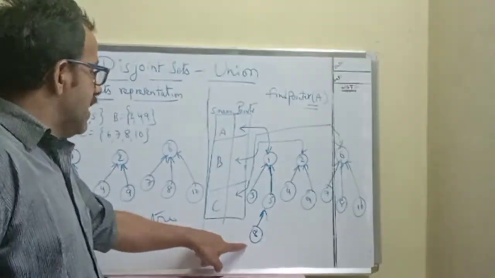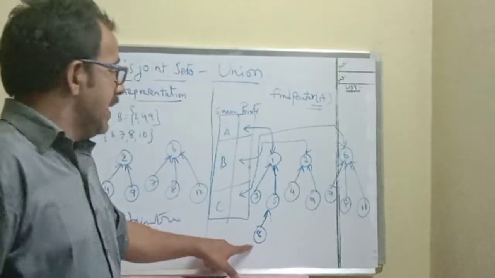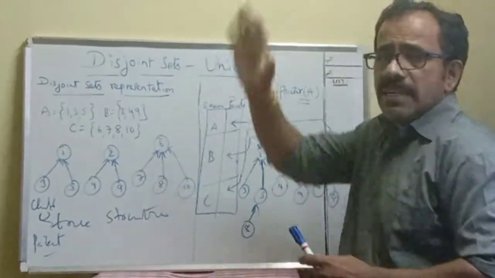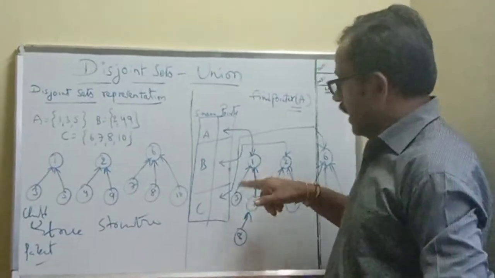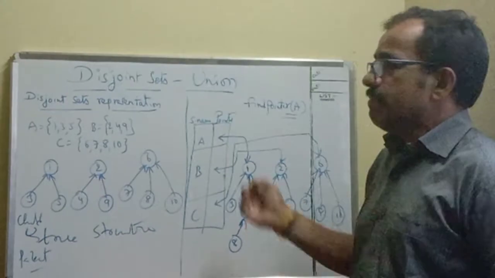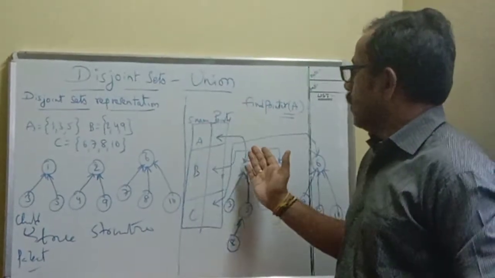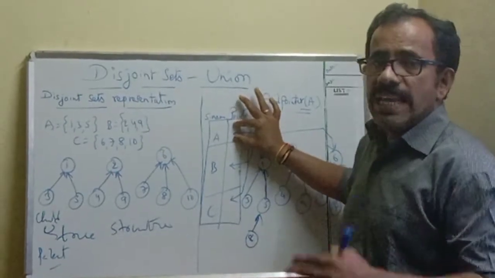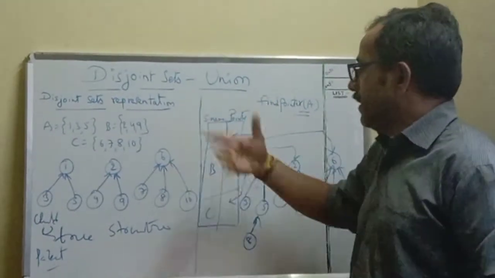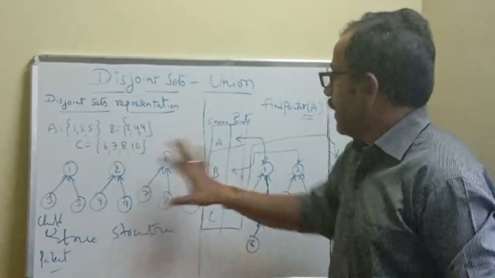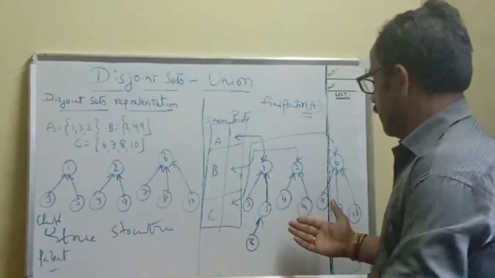So how can we find the set name? Suppose we want to find element 8, then from that particular element we need to move in the upward direction until reaching the root node. That's why we put the directions upward. After reaching the root node, simply by using this pointer link or address, we can easily reach the respective field here, and whatever name is mentioned against that field, we can treat it as the set name. So like this, we can represent disjoint sets by using tree structure.